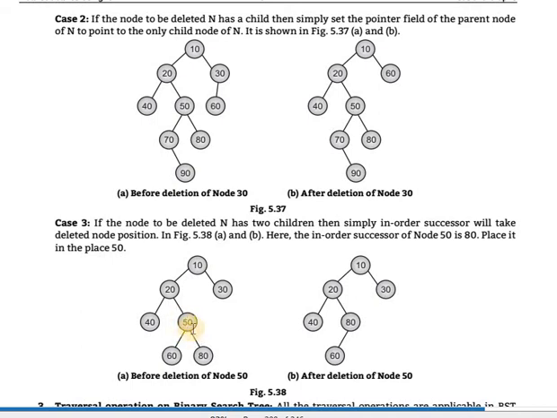This 50 will be deleted and then 80 will be placed at that position. When two children are there, the middle element is deleted this way; if only one child is there, it is automatically placed; and if you want to delete a leaf node, there is no problem, it is directly deleted.